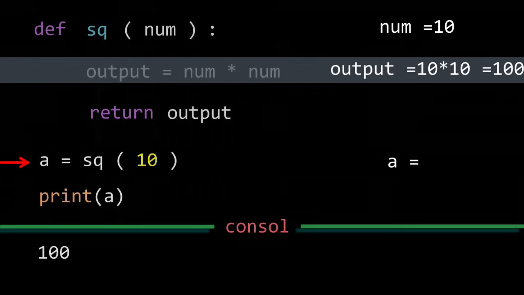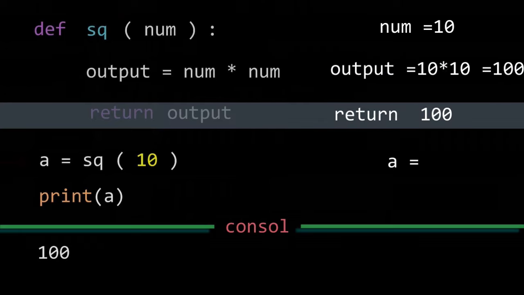Then the next line of the code will get executed. Output is equal to num into num. That means 10 into 10. So output will contain the value 100. The next line is the return output. So it will be read as return 100.